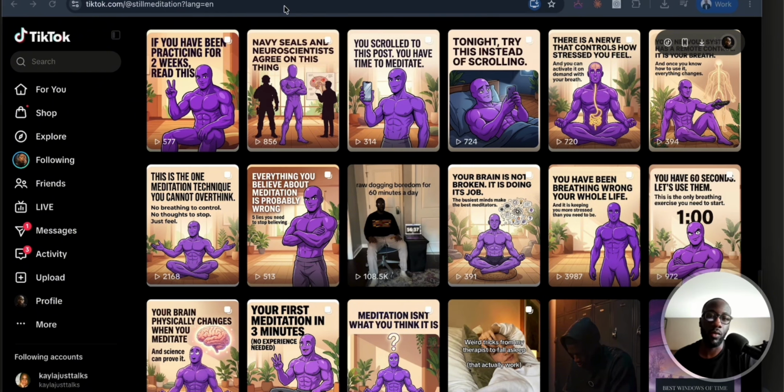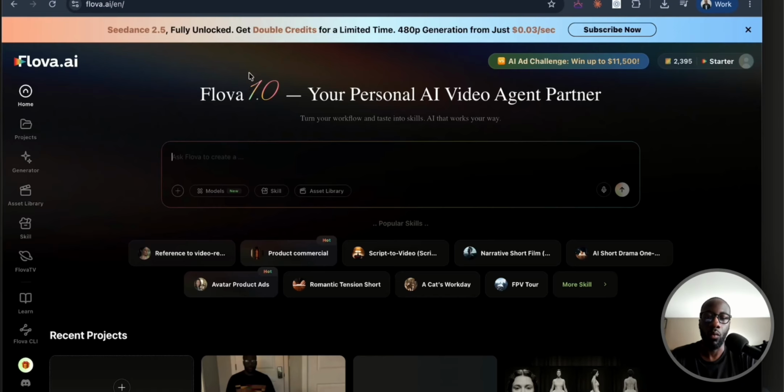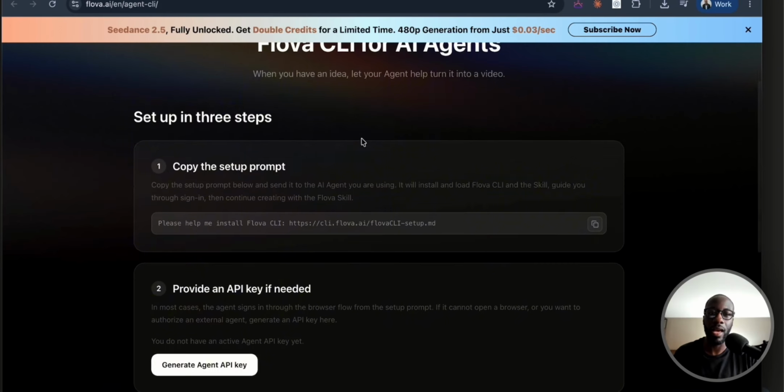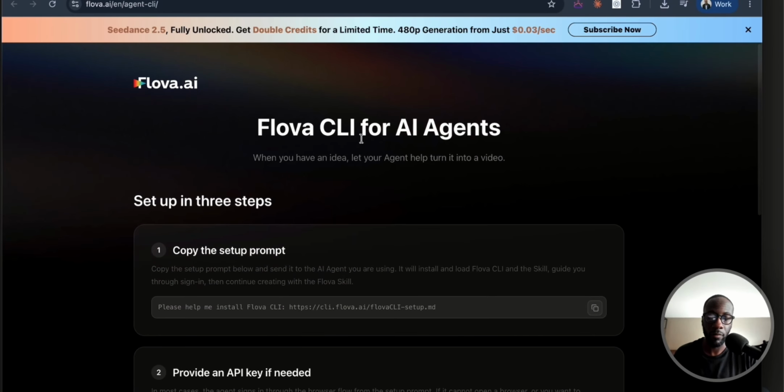I tried it before with other platforms and using other models, and always had a lot of challenges. And so I want to show how I went about that process with Flova AI, and then I actually want to get into how you can leverage agents in order to do a lot of the heavy lifting for you as well through what is called the Flova AI CLI, the command line interface, where you can give instructions to an AI coding agent and it'll do all the work for you.